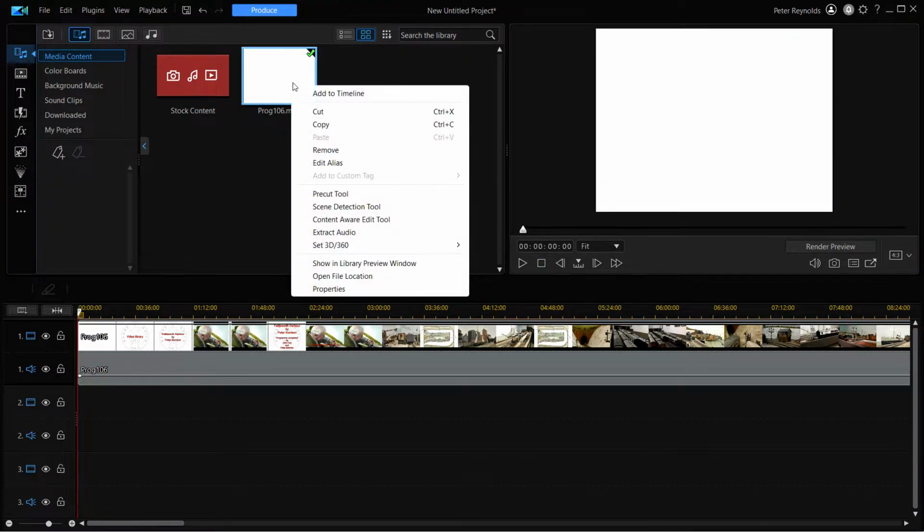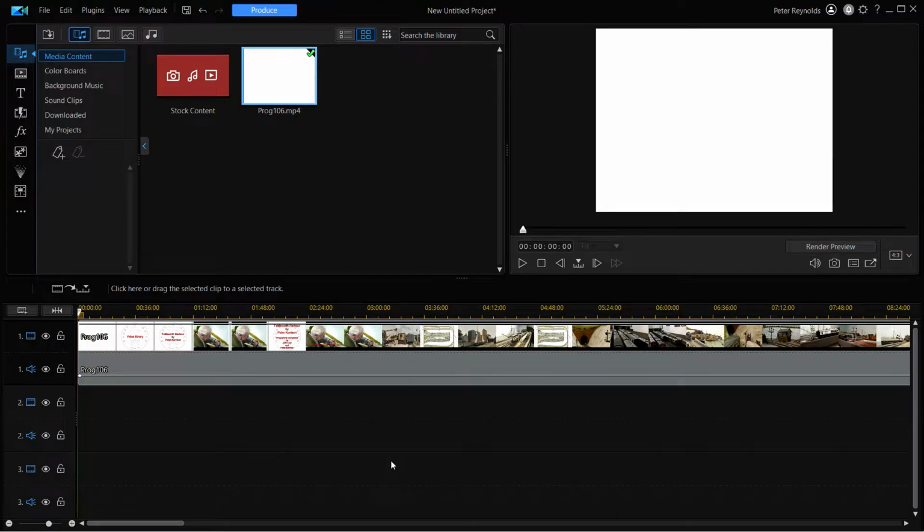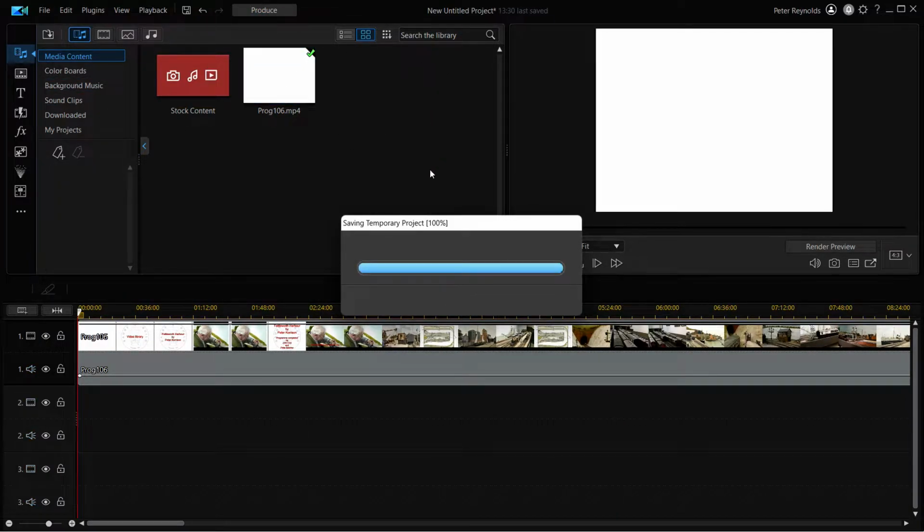So if you right click this now, you get properties, and you can see that it's 720 by 576, 25 frames per second, and that is a standard DVD format. That's the bit rate, 1117 kilobits per second. So we will now produce it so that we can get it into a digital format,